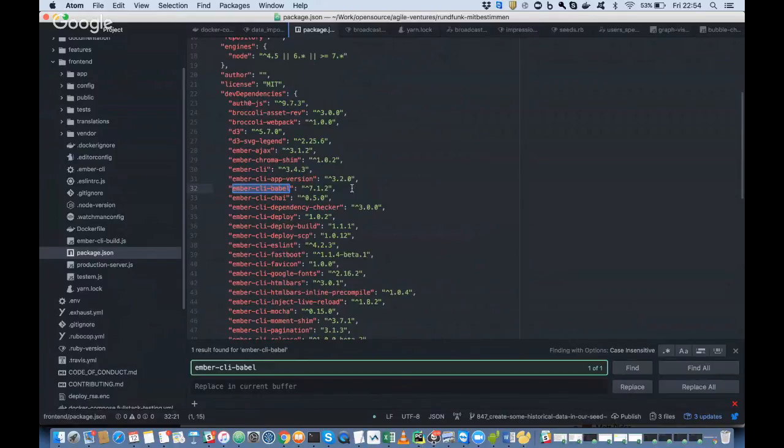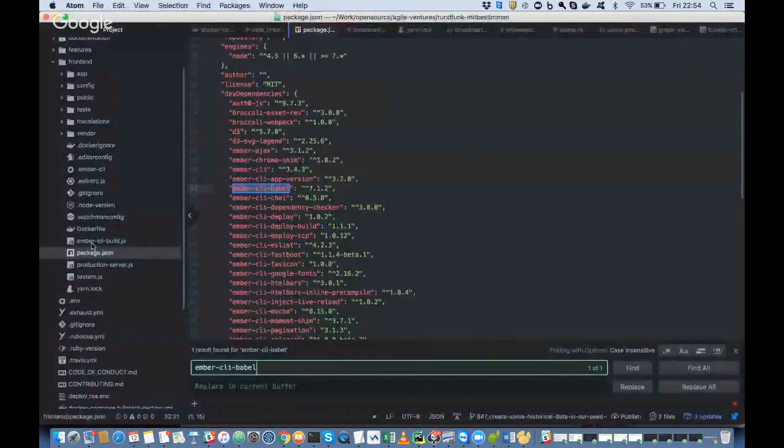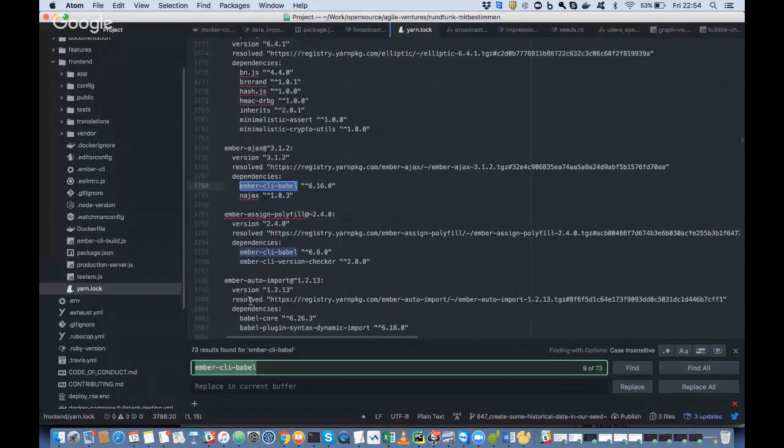So there it's 7.12, and then go to the yarn.lock, at the bottom. There, yeah. And search for it as well. So there's 73 of them. Wow. Okay.